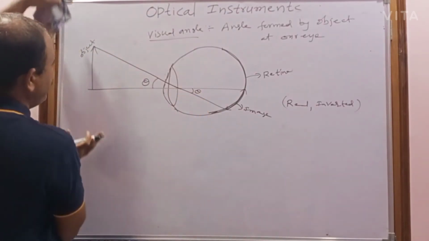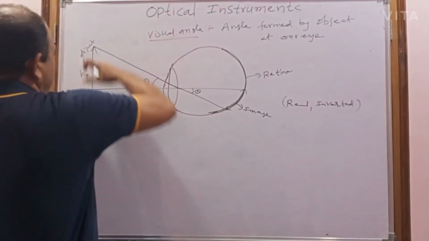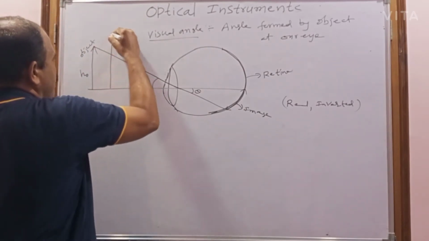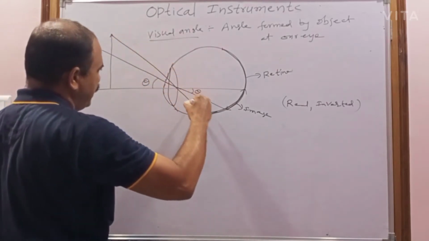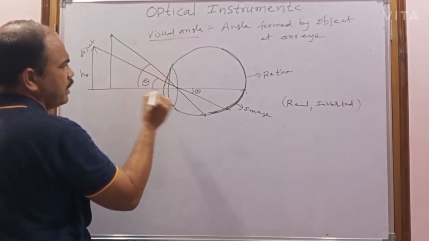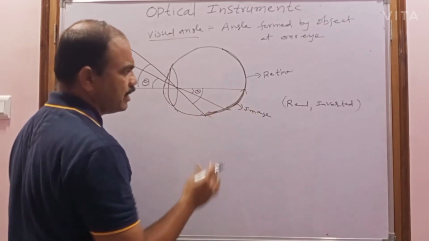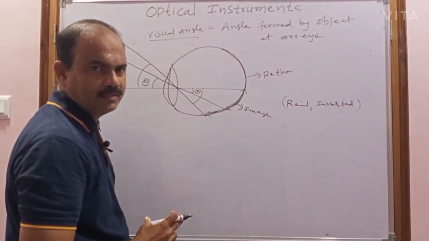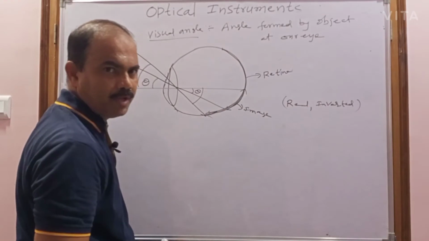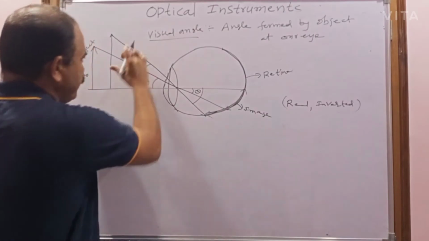Now, if the size of the image changes, let us consider the height of this object will be h naught. If the height of the object increases, what happens? When the height of the object increases, the visual angle also increases, and so the size of the image also increases. Here the size of the image is nothing but the angular size of the image. This angular size of the image increases with the height of the object,